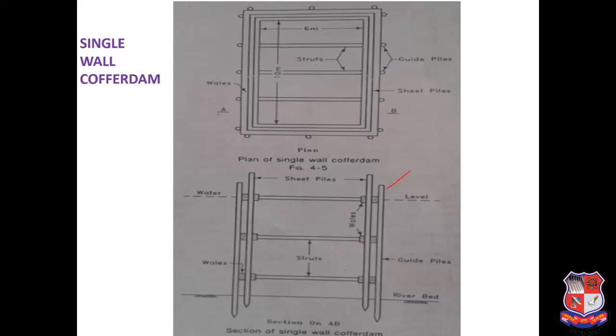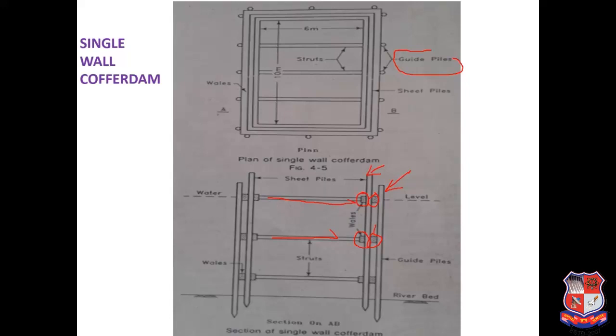So first is the guide pile. So these are the guide piles. Here you can see this is the guide pile. So in plan you can see, this first guide pile is to be inserted. Then after, you have to insert these wells which are perpendicular to it. Then after, a single row of sheet pile is to be inserted. So this is the sheet pile, again it is strengthened by wells, and then after, these horizontal struts are provided.